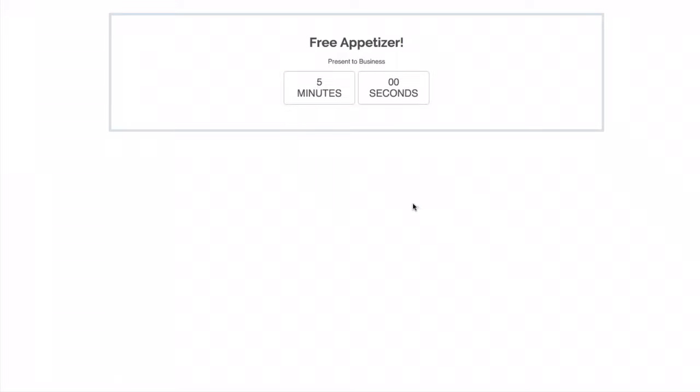Once you click redeem, you'll have 5 minutes to present this to the business. So they're going to want to take this in, their email in, click on the link, and when they're ready to redeem this free appetizer deal, one of your employees will click redeem, and a 5-minute counter is going to go off, giving the customer 5 minutes to present this deal to redeem their free appetizer deal